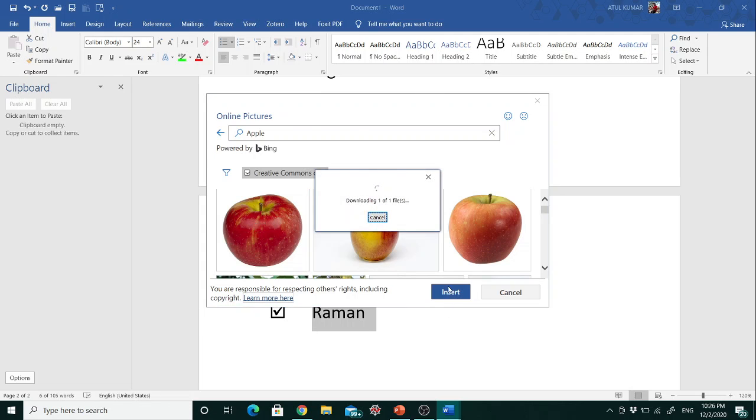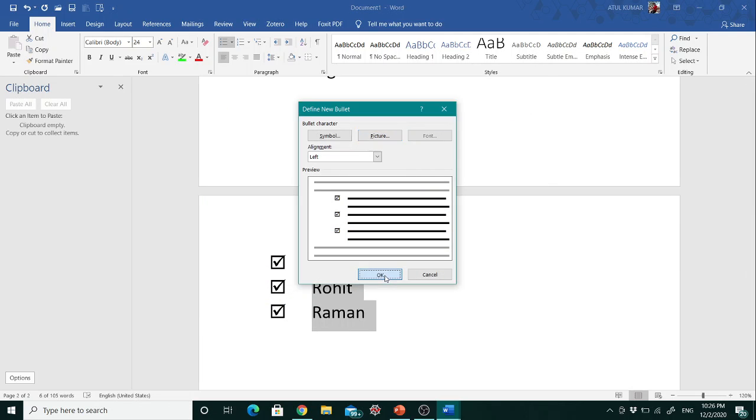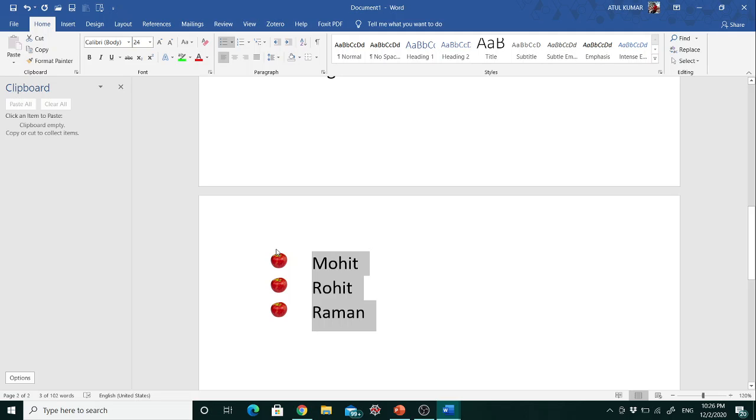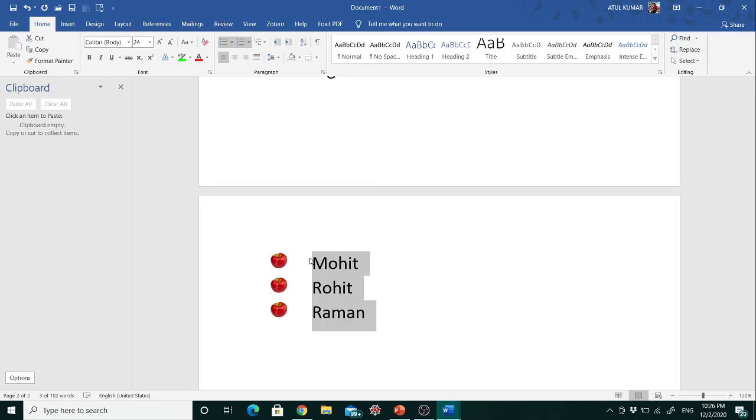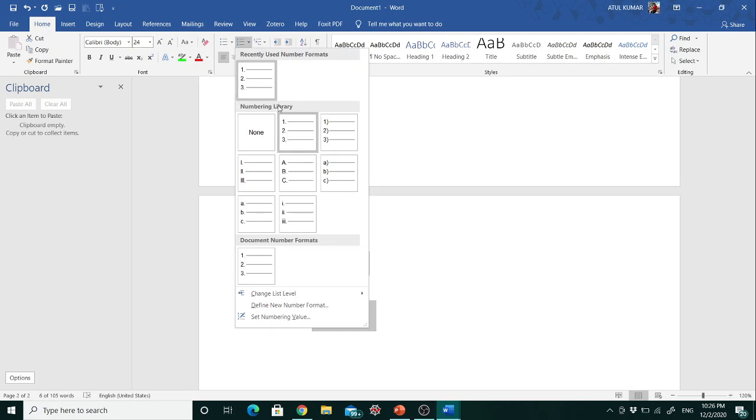Okay, so now your picture is inserted as a bullet in this list. Next, if you want numbers in your list, different options are there, so you can use it like this. Also you can use it like this.